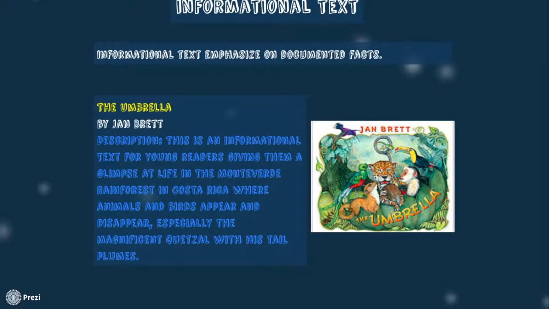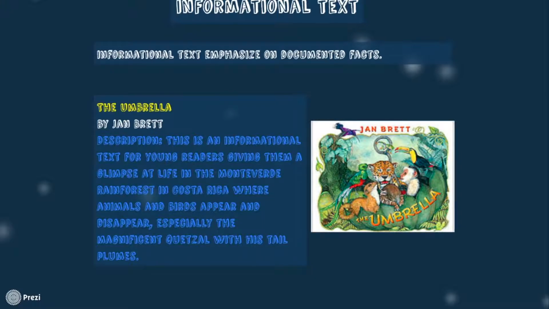Also, under this umbrella would be informational text. Informational text emphasizes documented facts. But the key thing about informational text that's different from biographies, even though they both emphasize documented facts, is that informational texts are primarily written to give you information about the natural and social world, and they contain certain text features to